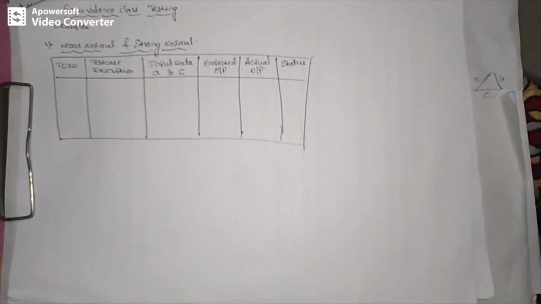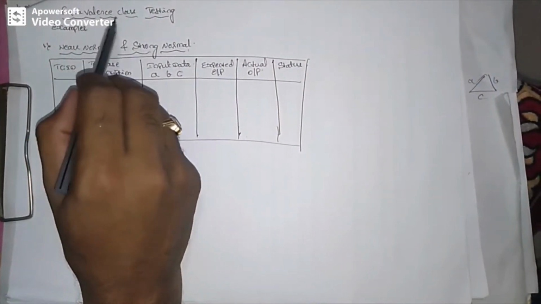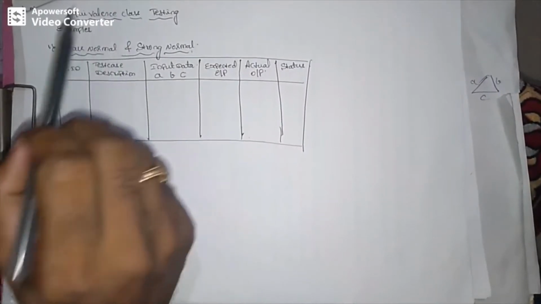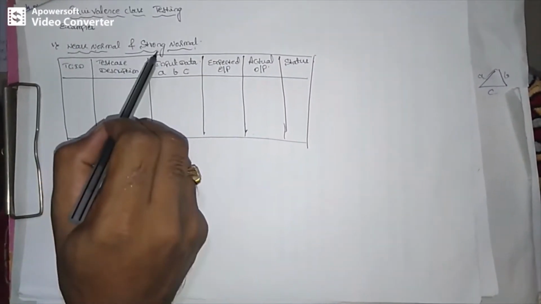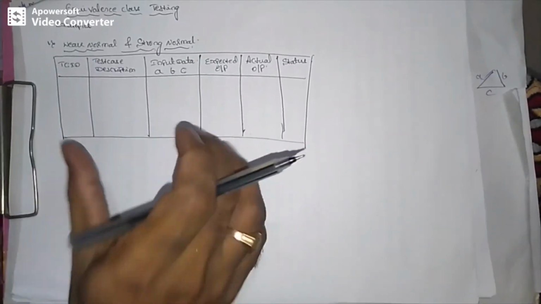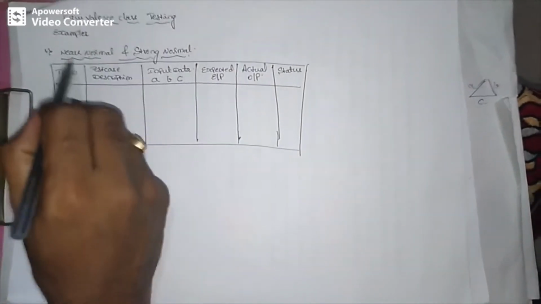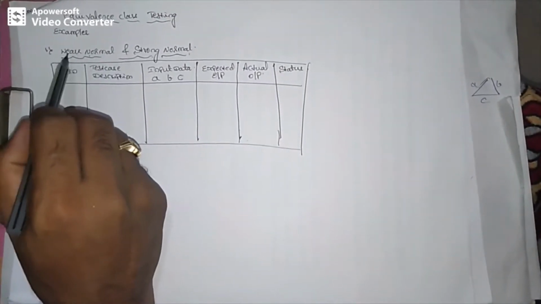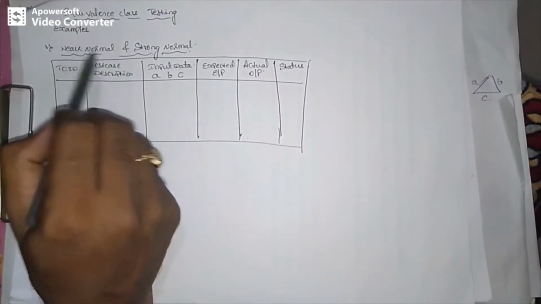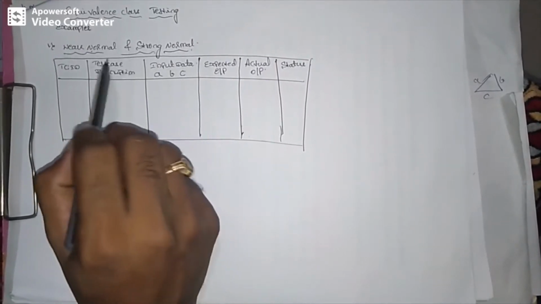Hi, in this video we are going to learn different examples of the equivalence class testing technique, meaning how to write the test cases for weak normal, strong normal, weak robust and strong robust, how to write the test case table, and how to write the test cases. First we will start with the first category of equivalence class testing, weak normal, as well as strong normal. For both we will write the test cases.